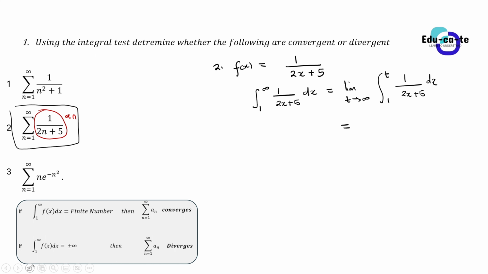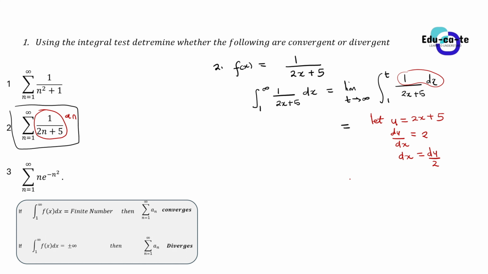When you try to evaluate this integral, you can notice that this is 1 over 2x plus 5. You can try to use a U substitution method by letting u be equal to 2x plus 5, such that when you find du dx, the derivative of u with respect to x would be equal to 2. But here you can see that on top we've got only 1 dx. So basically dx here is equal to du over 2. Make sure that you practice U substitution method. It's going to be a very efficient method for you here.